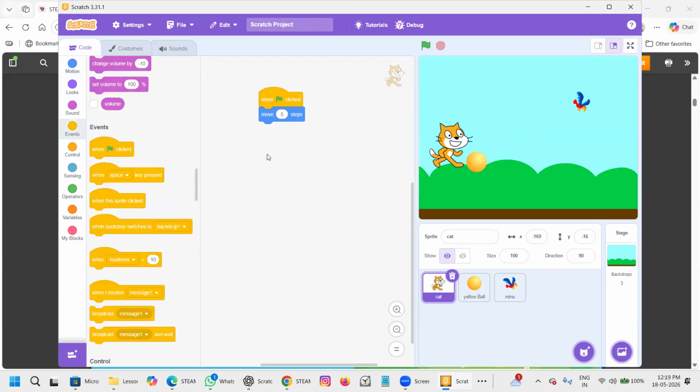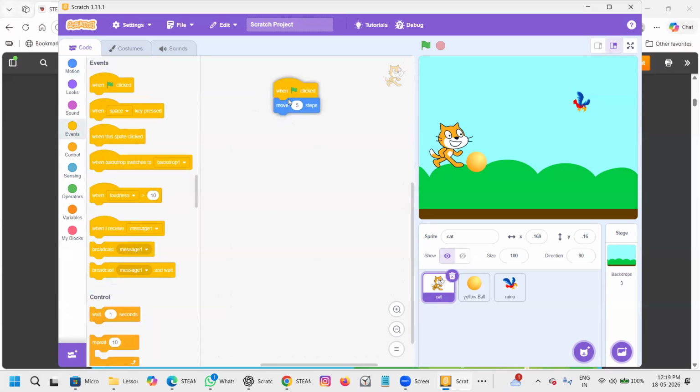Okay, there's one more thing which I wanted to show. Now we did with the flag. I don't want all this. So what I do, I put this down. I remove, delete block, and I want to use some other thing like the space bar in the computer. Now I am not using my mouse and clicking. I am using my space bar. When I'm using my space bar, it is moving. You know the space bar on the laptop or the phone? You're all aware of the space bar? Yes. So when I'm clicking the space bar, it is moving.